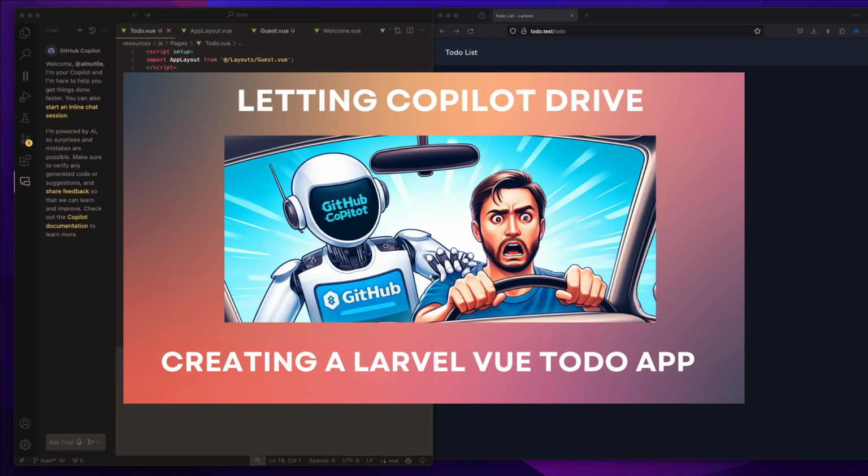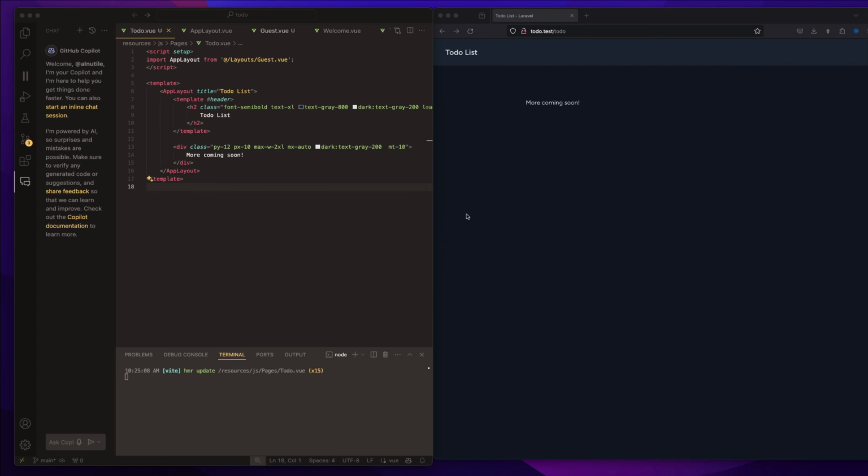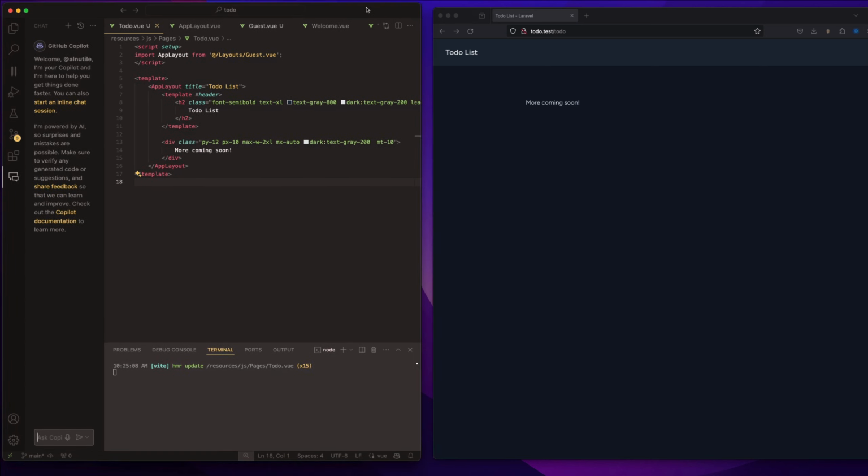So I'm going to use Copilot to run the show. It's going to code everything, and we're going to see how it goes. And, spoiler alert, it's not going to go well, but that's okay, because in the next video I'm going to show how we as developers could be using this as a helper, an assistant, and it makes our job just way easier, way better,